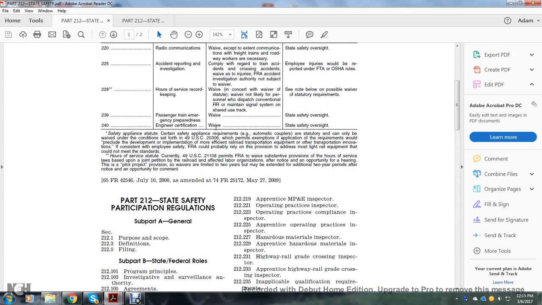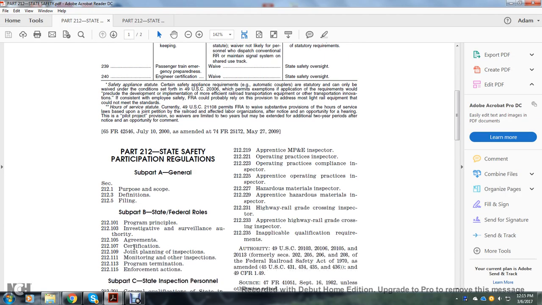Today's reading is Part 212 of the Code of Federal Regulations, Title 49, Part 212, State Safety Participation Regulations. Subpart A, General: Purpose, Scope, Definitions, Filing. Subpart B, State Federal Roles: Program Principle, Investigation, Surveillance Authority, Agreement, Certification, Joint Planning of Inspection and Monitoring, Other Inspections, Program Termination,